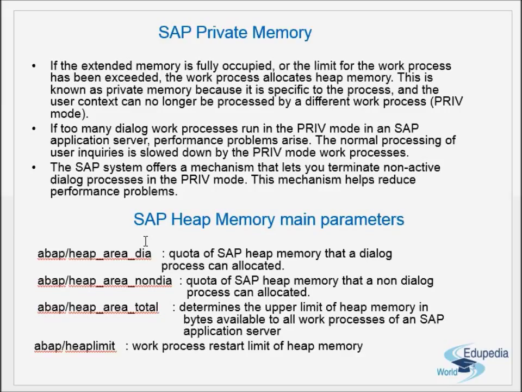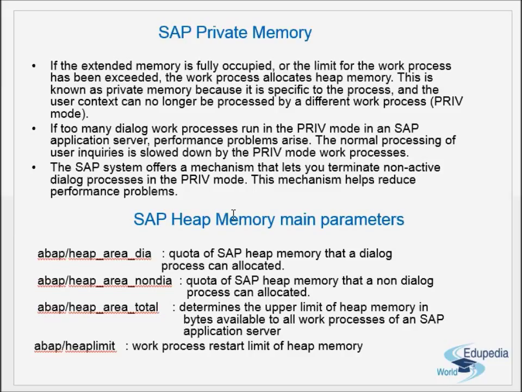If too many dialog work processes run in the priv mode in an SAP application server, performance problems arise. The normal processing of user inquiries is slowed down by the priv mode work processes, because this is an exclusive memory, withheld by the work process until its processing is completed. So if we have too many dialog work processes in priv mode, that is not at all good for the system. The performance of the system will slow down eventually, because so many work processes are simply